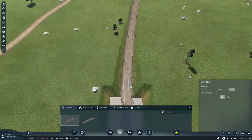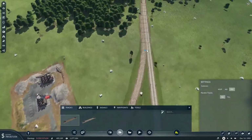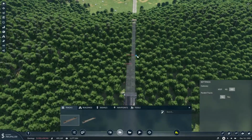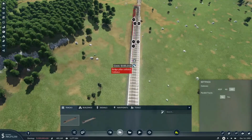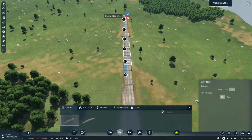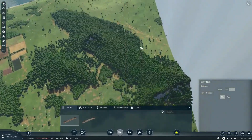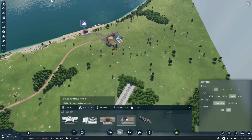And now before we leave here, I'm just gonna put in a cross for this to use. And now we'll carry this track right down with the rest of this track. Connect that up. So this is going to be our cargo track running down. And now if we come up here to the tools, we're going to need another